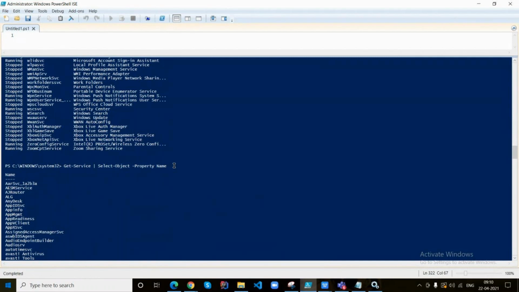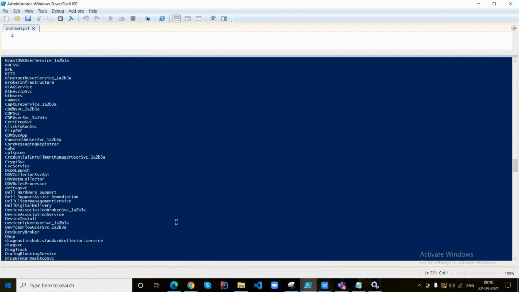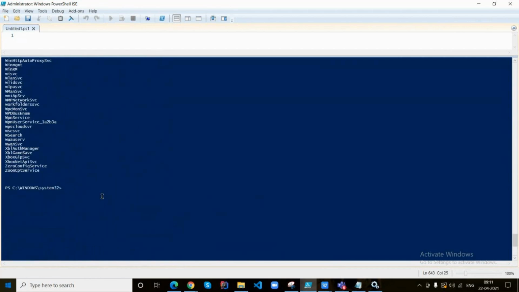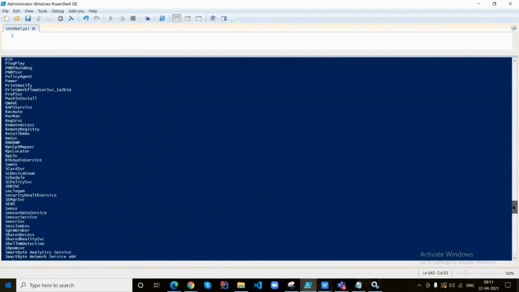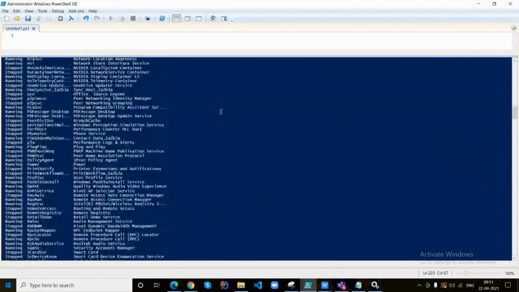Now click the up arrow and give the property name. Now change the property to Status. Status or state, which is the property name for Get-Service.